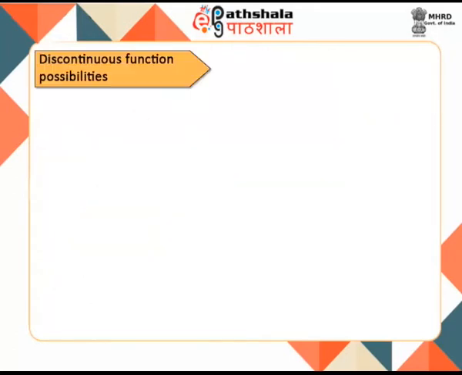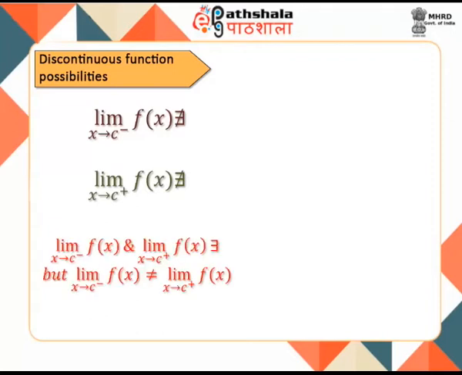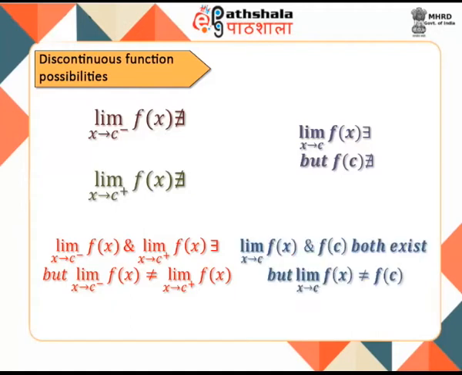For f to be discontinuous at c, there are many possibilities, namely: the limit as x tends to c from below of f(x) does not exist, the limit as x tends to c from above of f(x) does not exist, the limit as x tends to c from below and from above exists but f(c) does not exist, or the limit as x tends to c of f(x) and f(c) both exist but